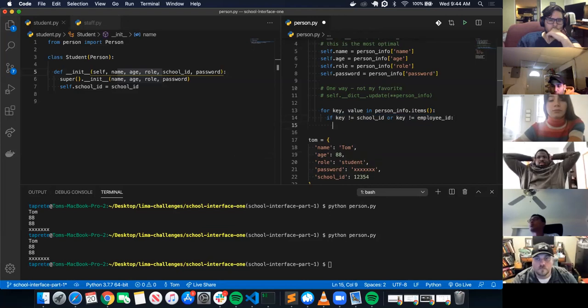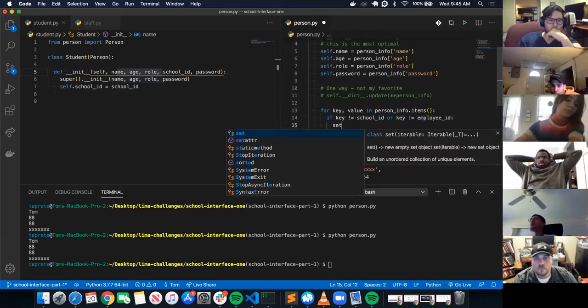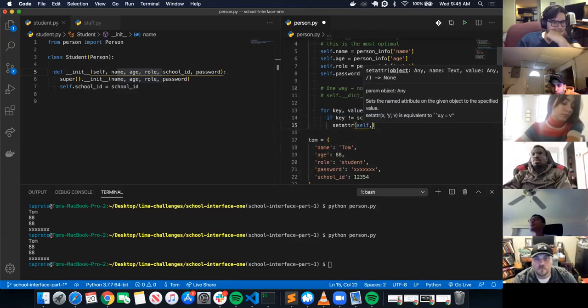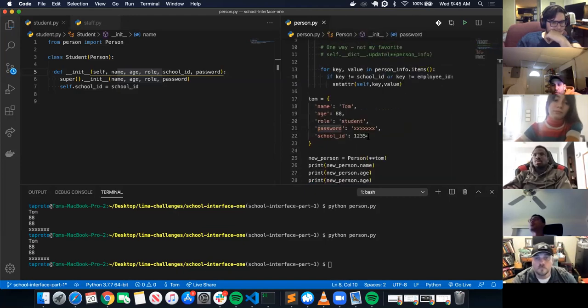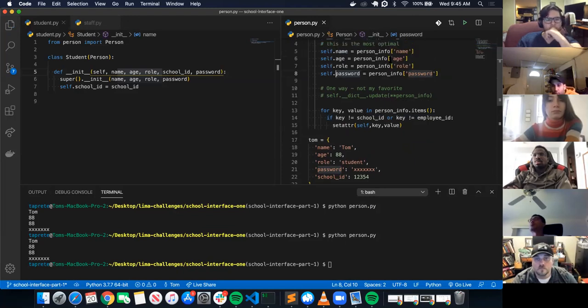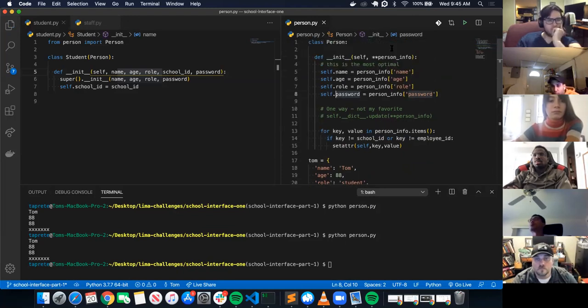And just to show you, it's setattr, self, key, value. So for example, if I literally just did this, which loops through and grabs all the items in the